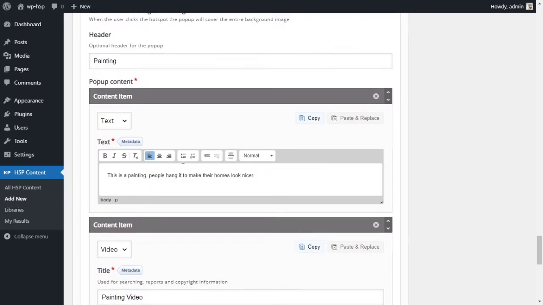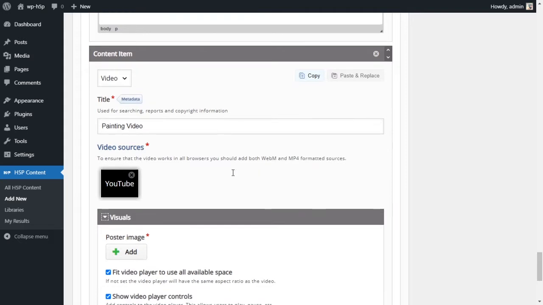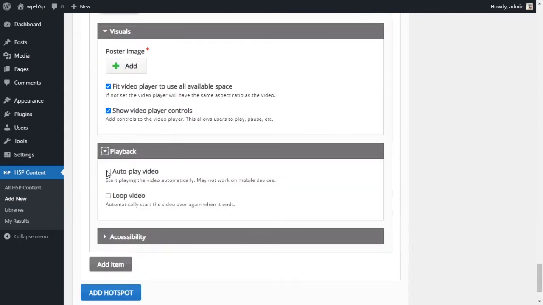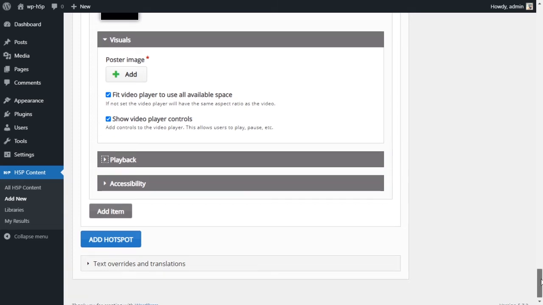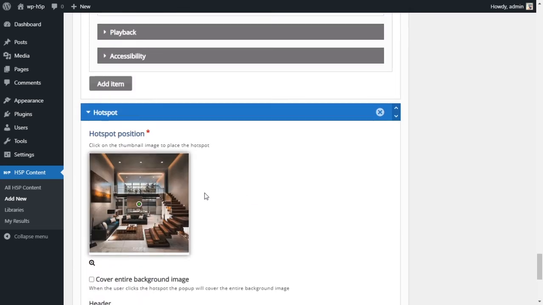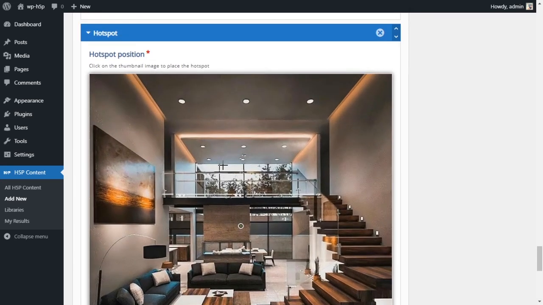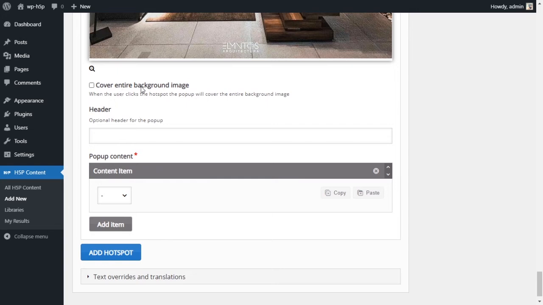But the way that I've set up this hotspot is that it's not covering the entire background. So we'll see what it looks like. Playback, leave it as it is. That is basically it. Let's add one more, and in this last one we're gonna add all 3 items. So we're gonna add one more hotspot, and this hotspot will be the windows. We want this to cover the entire page, and we'll just call it window